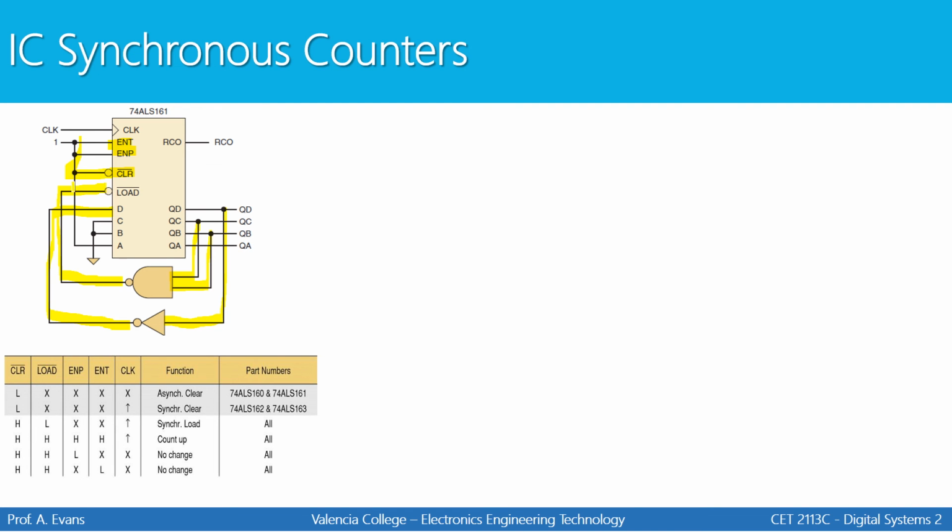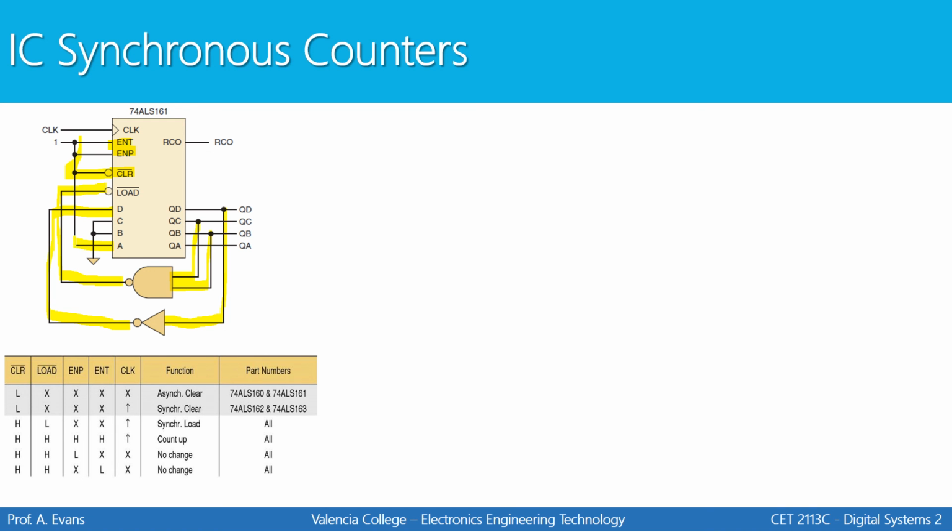And we can see that the load is controlled by this NAND gate. So ask yourself, when will this load? It will load when C and B are both high. C and B are both high going into a NAND gate, the output will be low, the load input will load. And then what will it load whenever C and B are both high? It will load